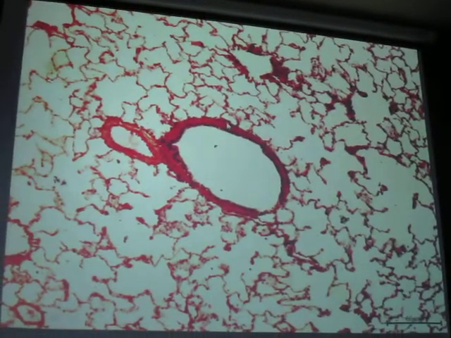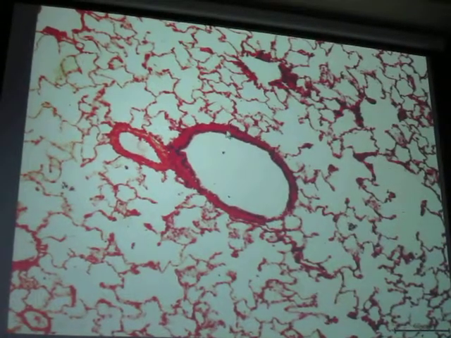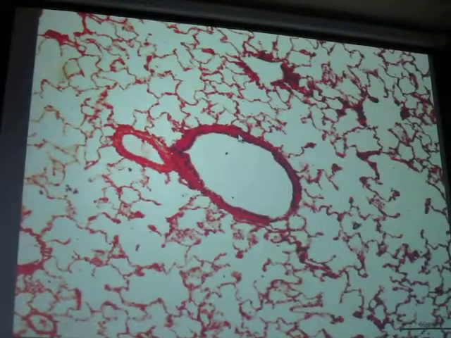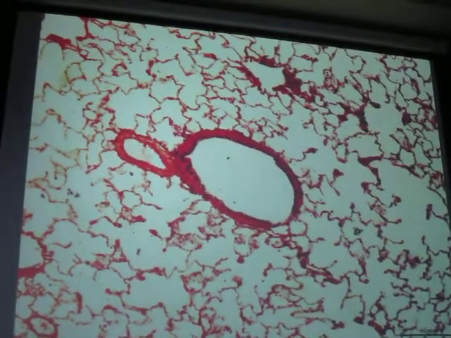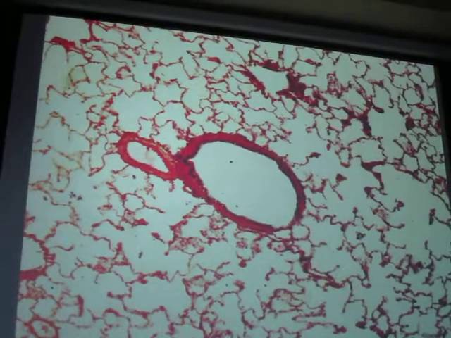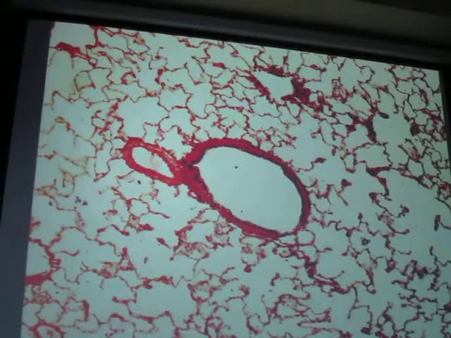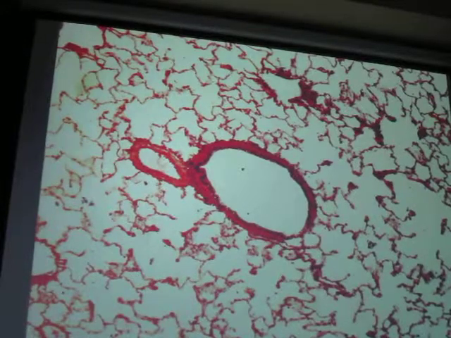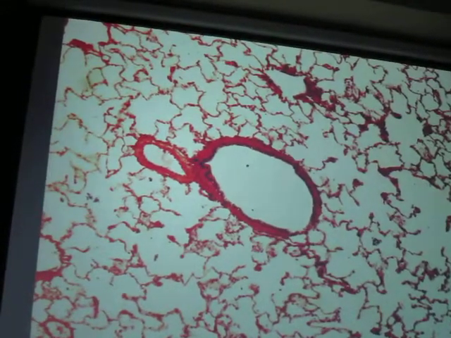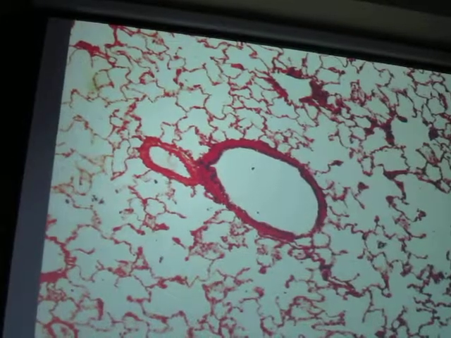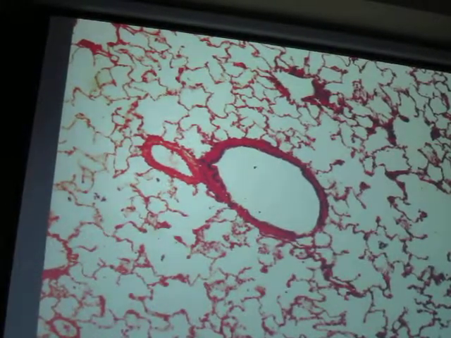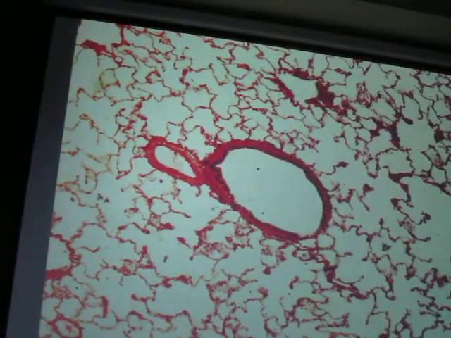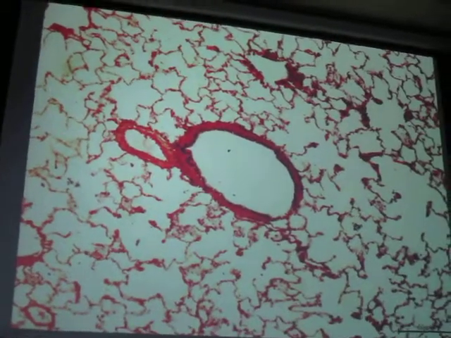Terminal bronchiole. Okay. Tama? Do you agree? Yes. Lahat kayo agree? Why? There's no opening. Why do you agree, Jeff? There's no opening. Bakit? How do you describe? The wall is continuous, yes, and the smooth muscle is circumferentially arranged, and